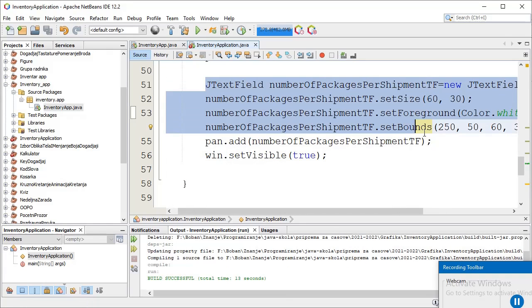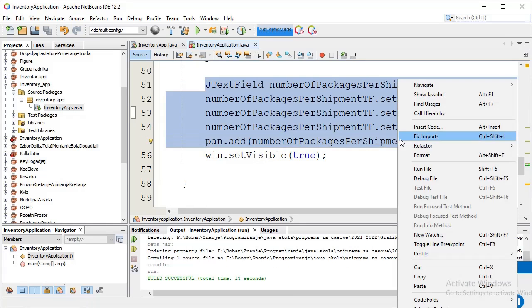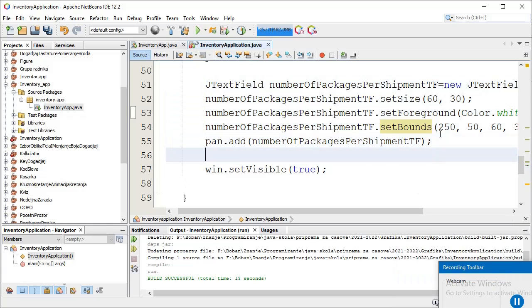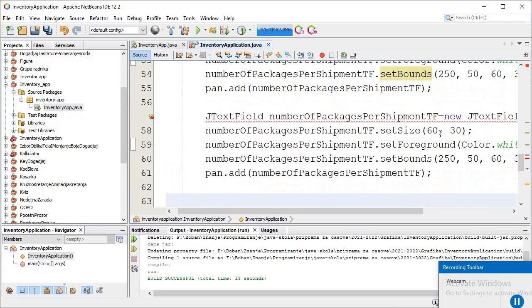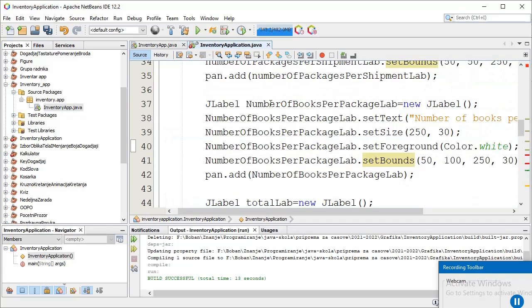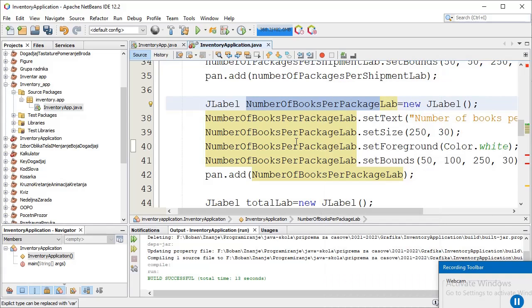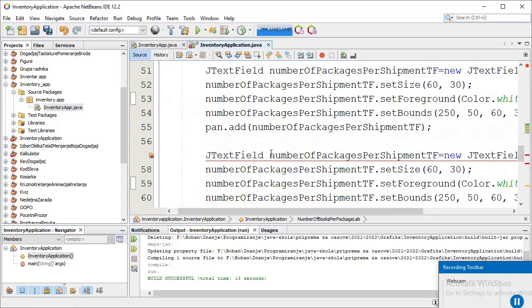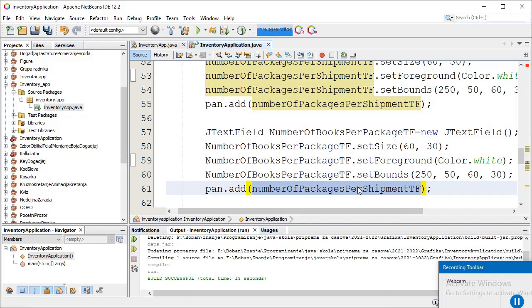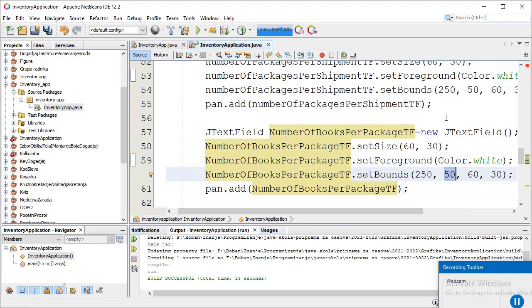I will now add the other text fields. The second is named similar to this. I will change the y coordinate to 100.